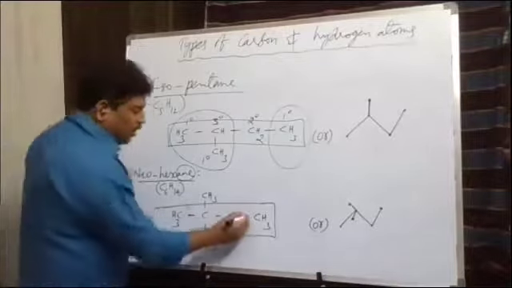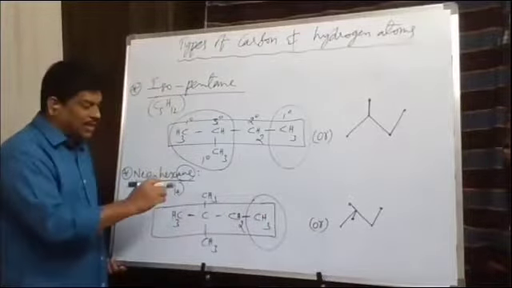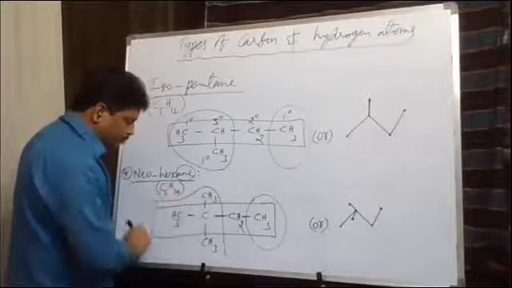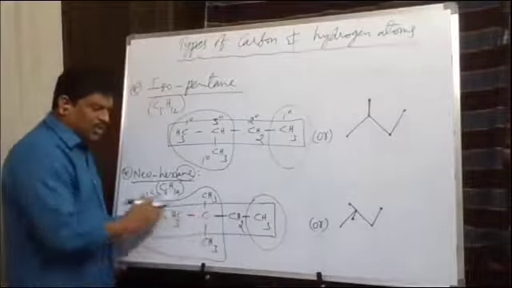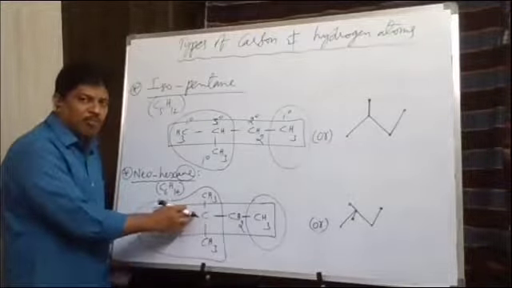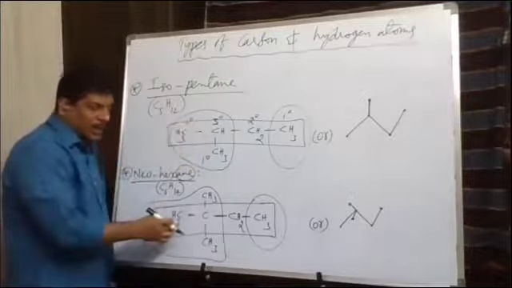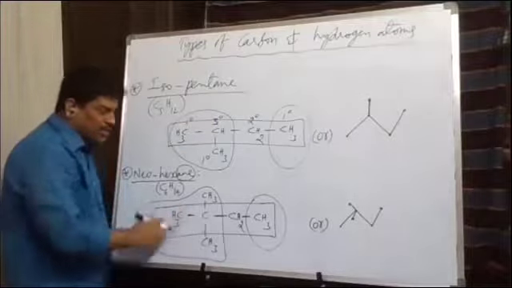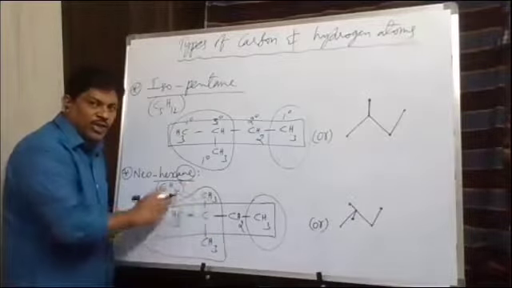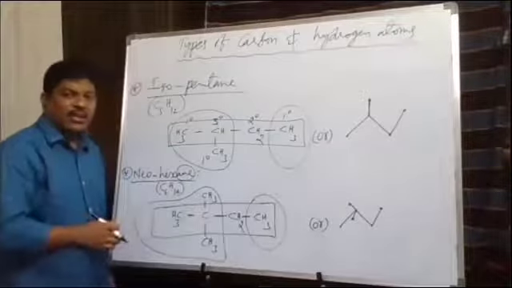Or in another way, here at one end a methyl branch is there. At one end CH3 is there, and at the other end this group completely. So this total group, what is this called here? It is tertiary butyl group. Tertiary butyl. Here this group is called isopropyl group at one end. Here at one end, what is that? This group is called what? Tertiary butyl group. If the tertiary butyl group is at one end, and at the other end CH3 is present, that is called what?